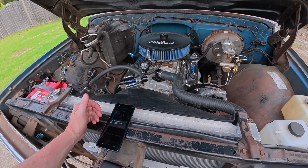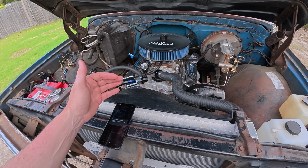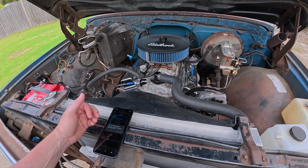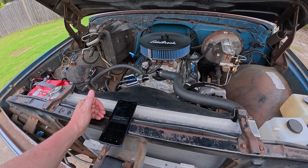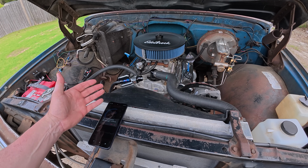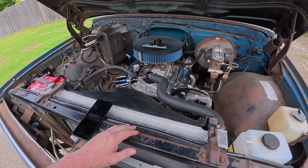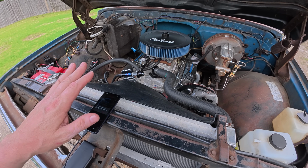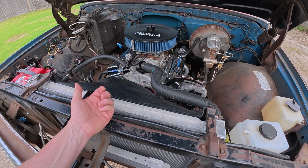You can watch the secondaries open. You can watch the needle and seat, the step-up spring and piston release. You can typically see that on an AFR. It's usually fairly pronounced. And all those things have value in it, but you could do any of the in-cab stuff with a much cheaper gauge. So obviously you don't have to buy this one, but again, for me, the pros and the value